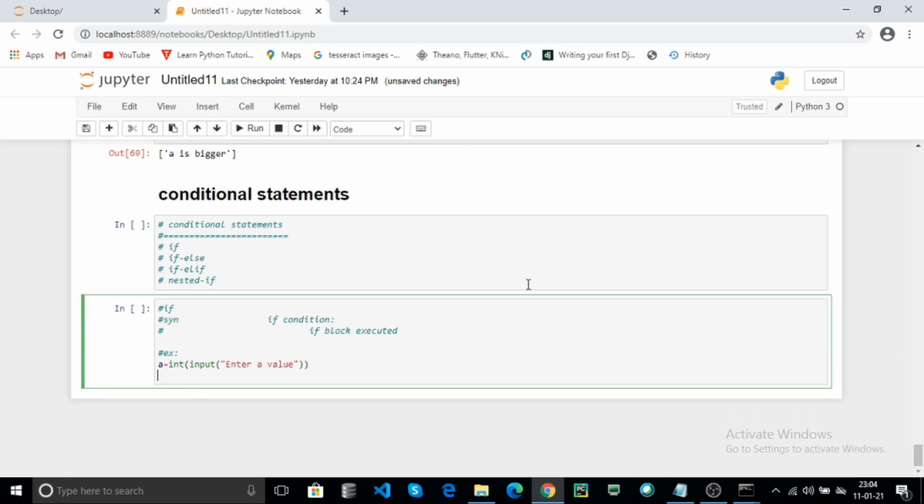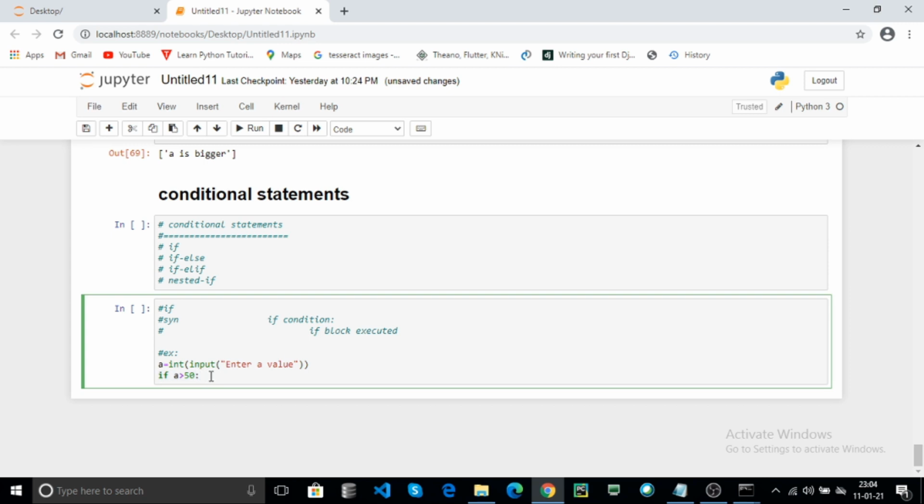Check the condition: if a is greater than 50. For example, it checks the condition. If you enter a value greater than 50, the if block will be executed.